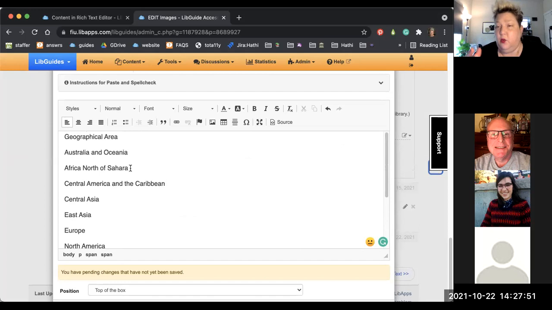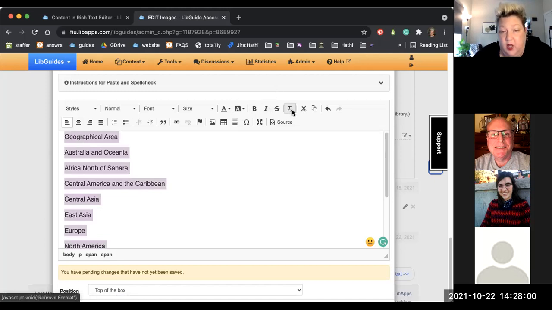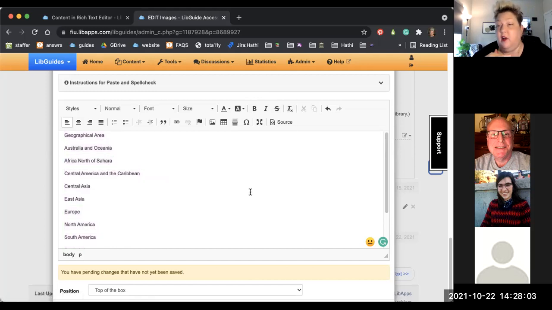So the way that you get rid of the text formatting is super easy. You just Control A, and then you click this little box right here. So now all of the formatting from the web or the doc is gone, and you can start fresh. Yes, you can do it with an external text edit program, but this way it's super easy. And as you're adding more and more text, you can just Control A and click that text format. Now, even if I were to come here and make this a heading,